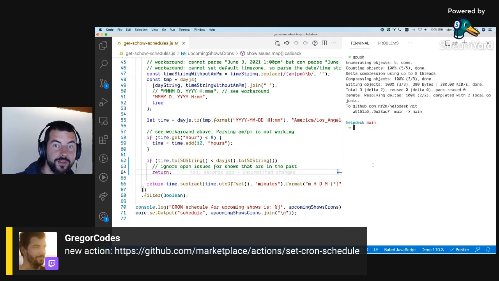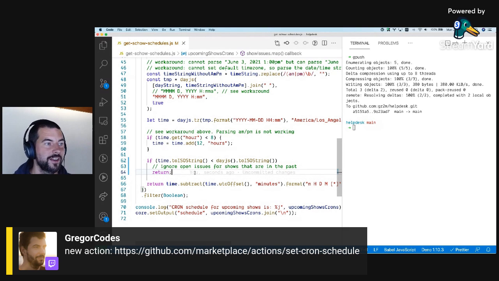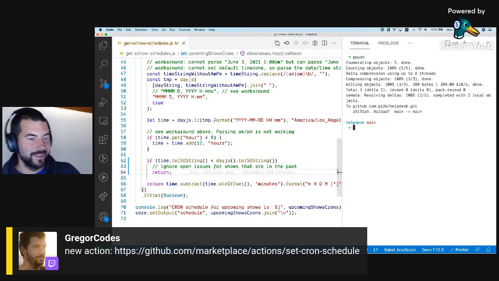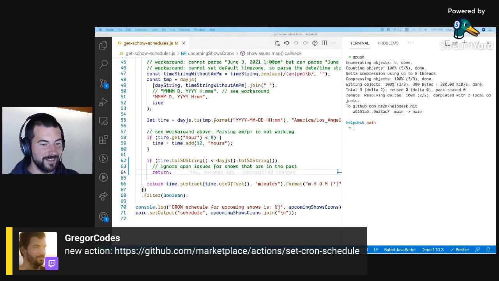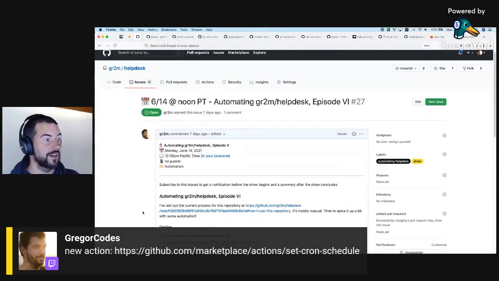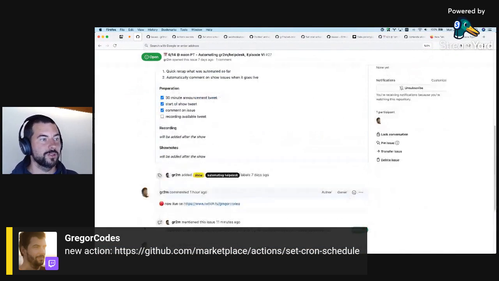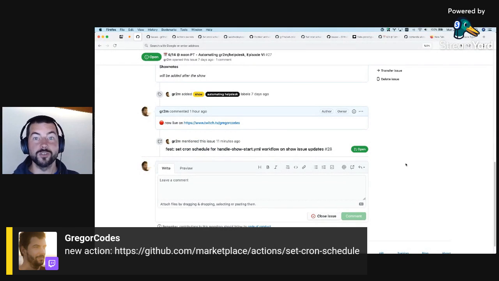And yeah, probably on Monday next week, we can use the new workflow that will be triggered at the right date and time to find the issue for the episode that just started to run and then add a comment to it. If you have any other questions, again, you can go to issue 27. I will add some show notes, but you can also ask questions here, even if the issue is already closed. Thank you all. Bye-bye.